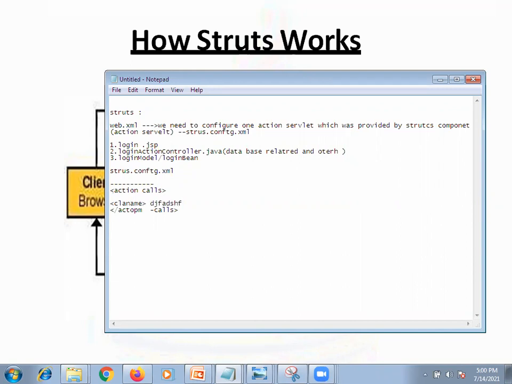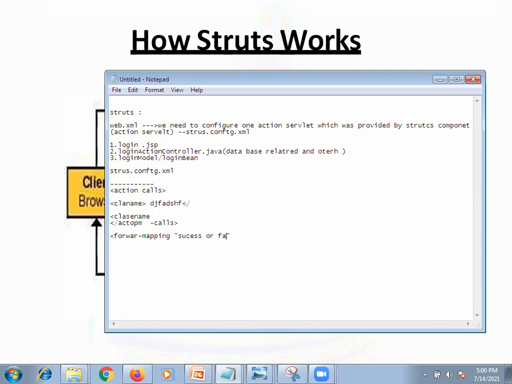Then you mention the class name equal to the fully qualified name, with the package. Like this you configure, and in the same struts configuration file, the forward-mapping tag you use to route to the success or failure page.